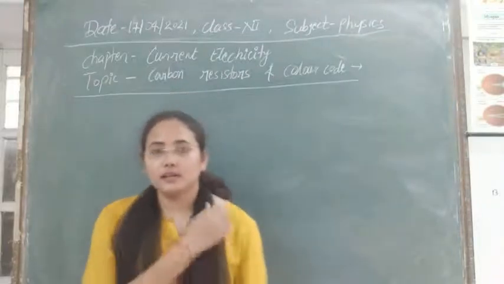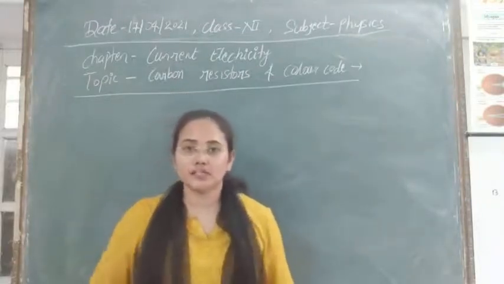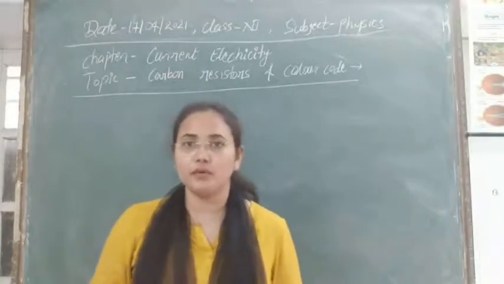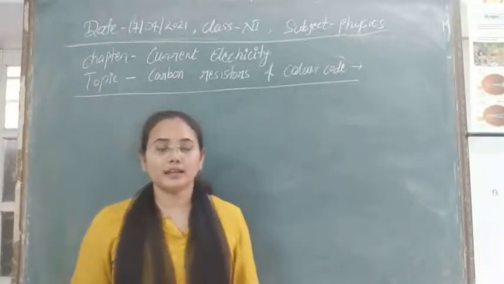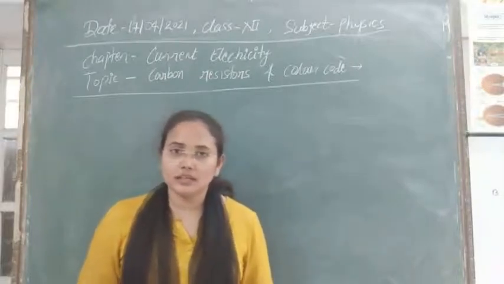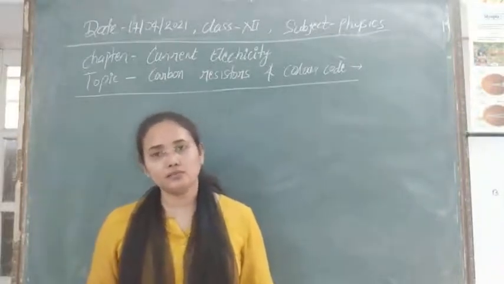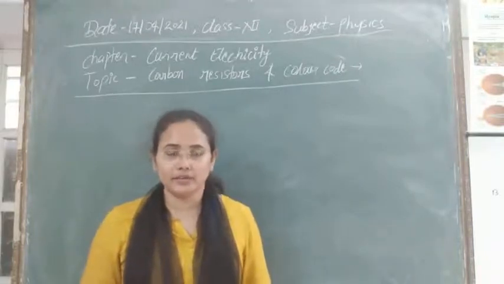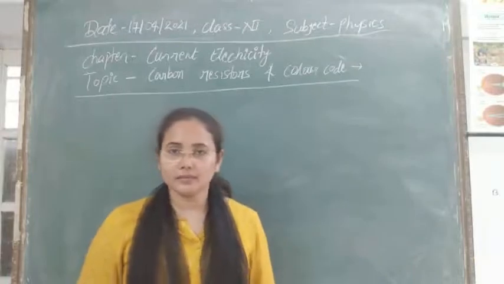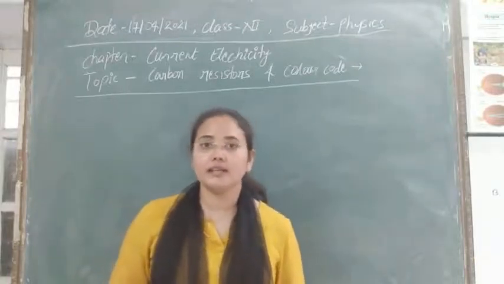Hello students. Yesterday we discussed some of the question paper related to the two topics that we discussed before, that is electric field and charges, and also electric potential and capacitance. So I think that is now clear, and we have already solved the questions that I gave you. So today let's discuss again our chapter that we were discussing, that is current electricity.